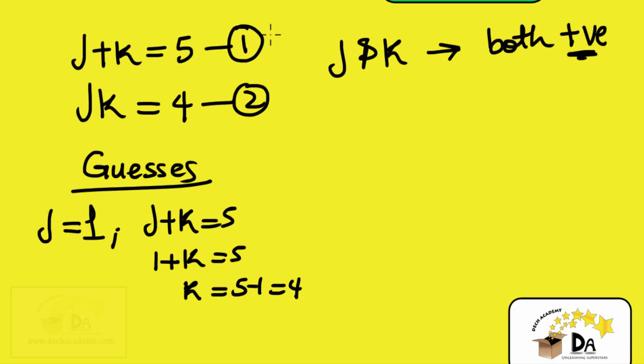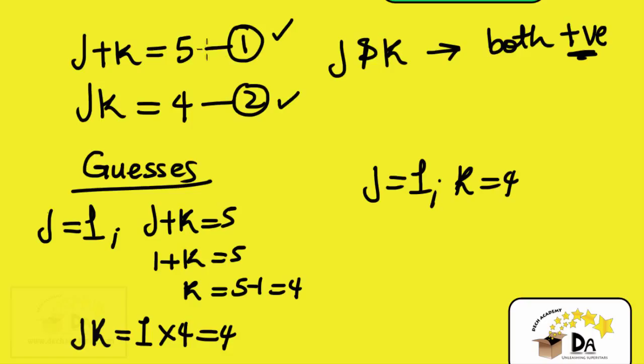But let's see if it also satisfies equation 2. If you don't believe that it satisfies equation 1, look at it. We have J is 1 and K is 4. 1 plus 4 is 5. Now for equation 2, let's see what happens. Equation 2 requires that J times K be 4. Our J is 1 from our first guess, and K is 4, so J times K is 4. So when J is 1 and K is 4, both equation 1 and 2 are satisfied, which means we're done